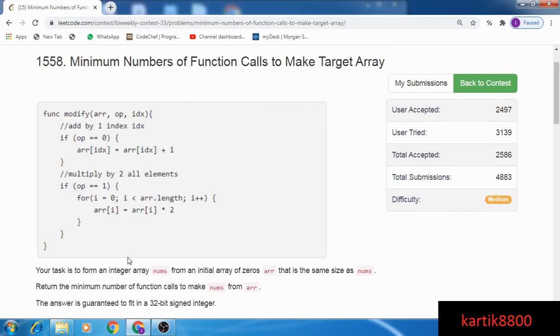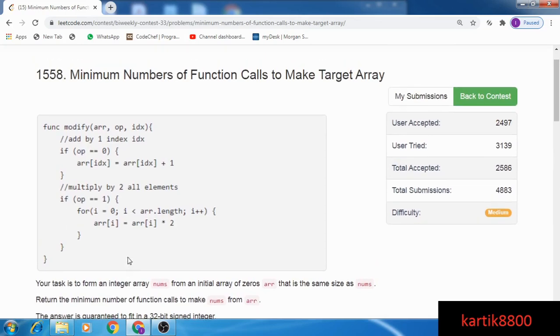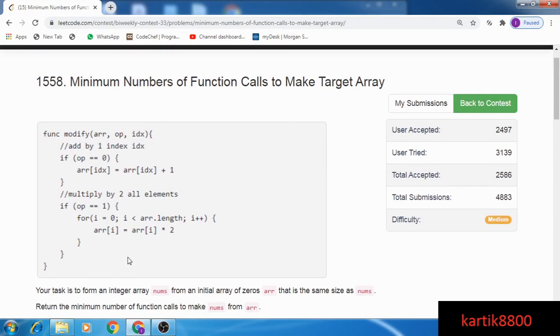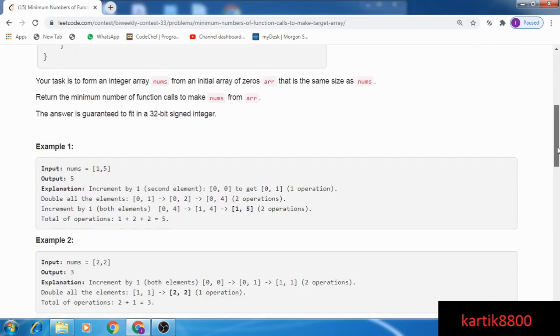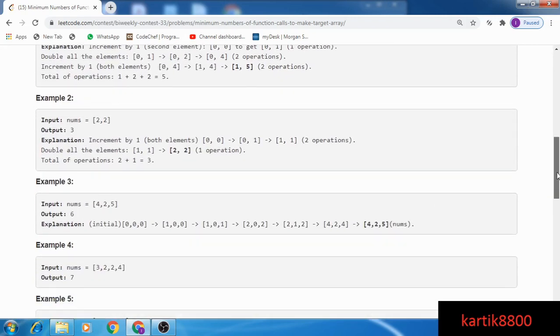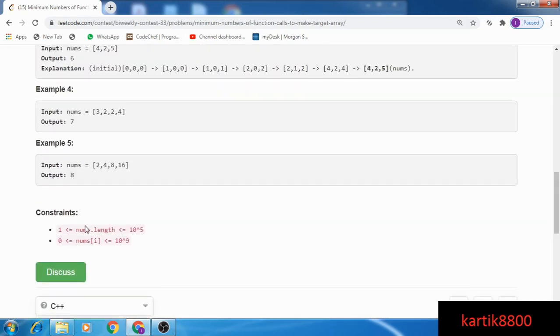So starting from an initial array, 0 0, and going to some other array, I could of course go for a BFS kind of approach in which I think about which operation I'm going to do. Is it going to be operation 0 or operation 1? If I do operation number 1, then all elements will be multiplied. If I choose operation 0, I have again n options and I have to choose an index. So BFS is going to be very, very costly. Although it guarantees a correct answer, it is very costly because the array size is also very large.